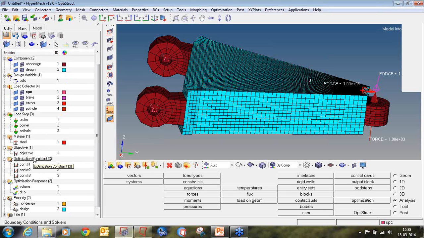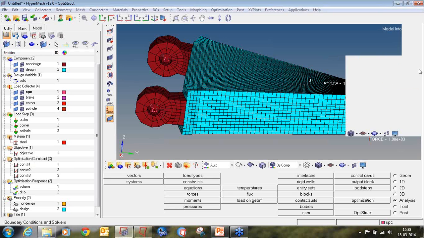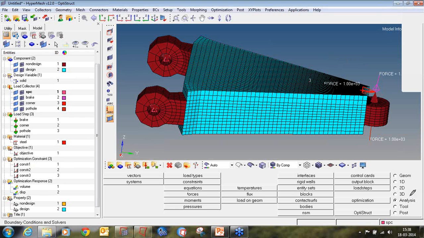So how to import or add some of the parameters on the file, that we will see. To add the parameters of topology optimization, we will go to the analysis page. On the analysis page, we will click on optimization.